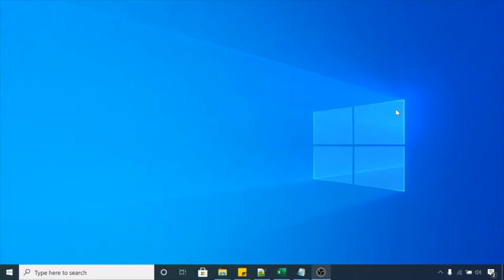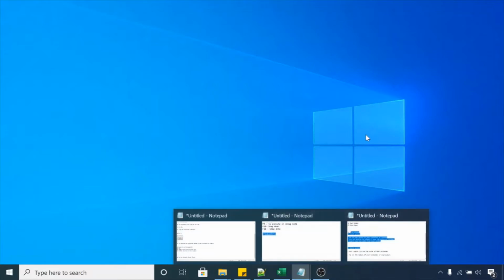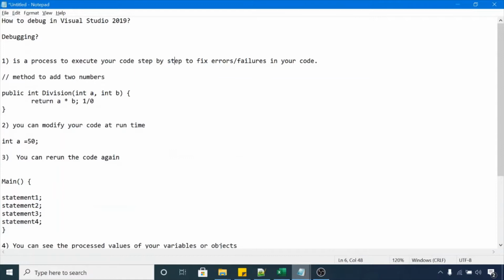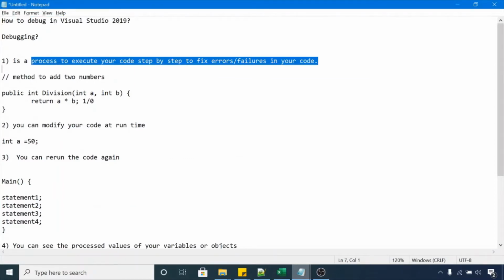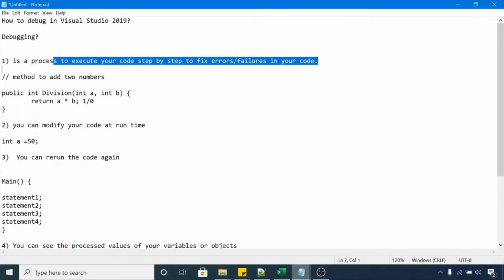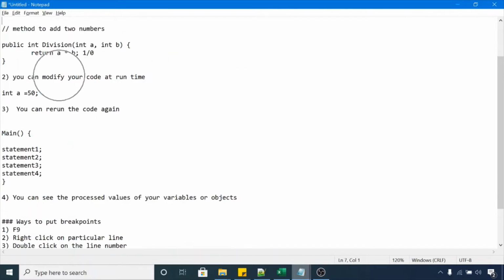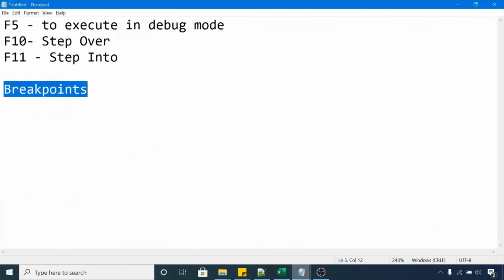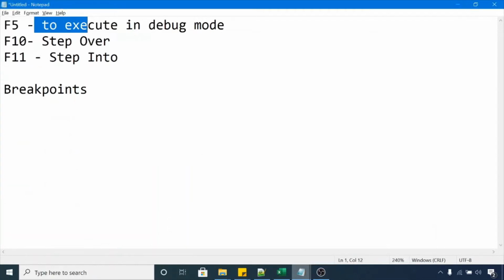Hi guys, till now we have covered Visual Studio debugging. We have covered the following topics: how to debug in Visual Studio, and what are the benefits of debugging in Visual Studio. Like you can execute your code line by line, you can modify your code at runtime, right? You can re-execute your code, and after that we have discussed how to use F5, F10, and F11 commands,